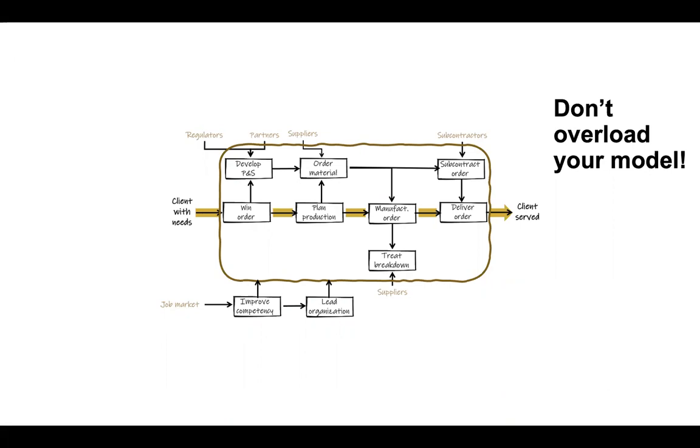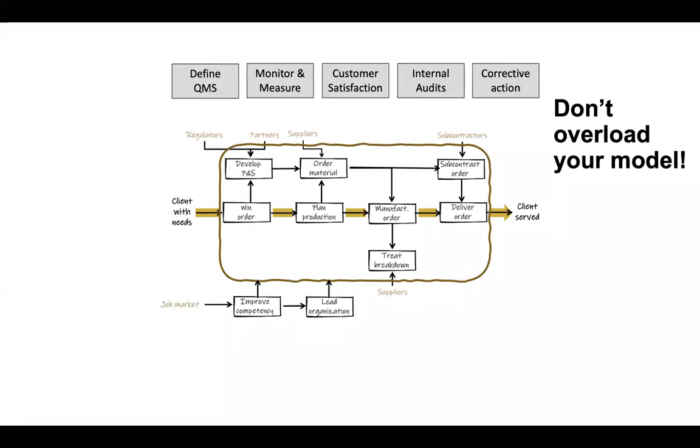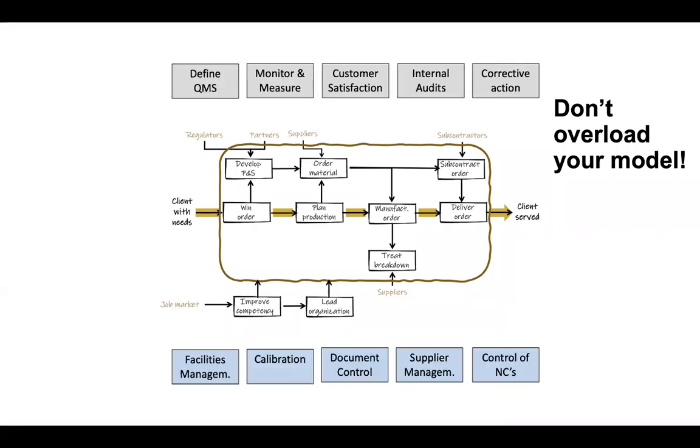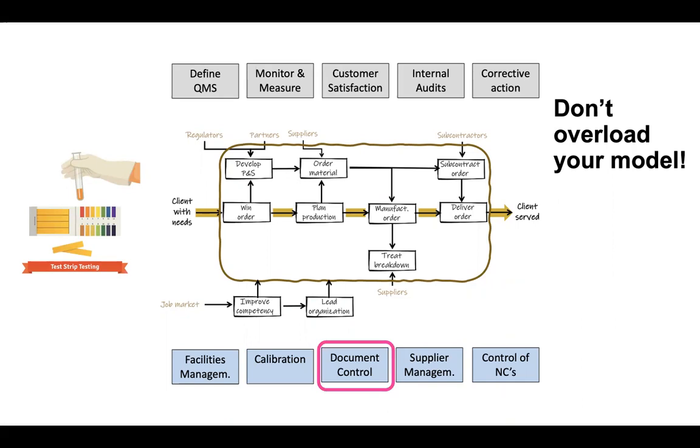So if we have a process, we must have at least one indicator. So I apply this test. I see this kind of process in organizations, so I would say: can or should we document this? This is my test, from my chemical background. Should document control be a process to include in the QMS model? What I do is invite people to think about the purpose of the process. What kind of indicators can you develop about document control?